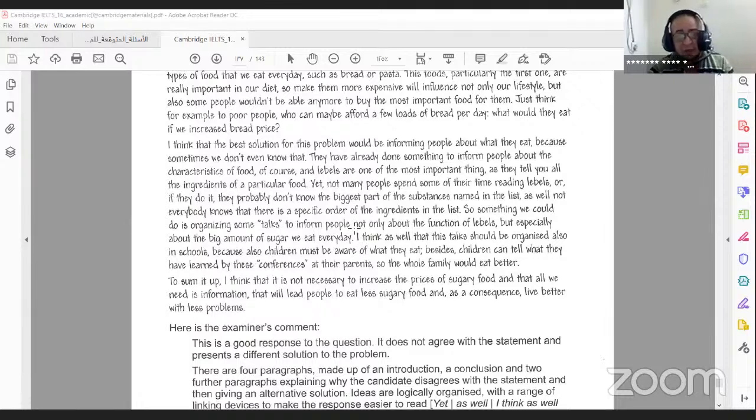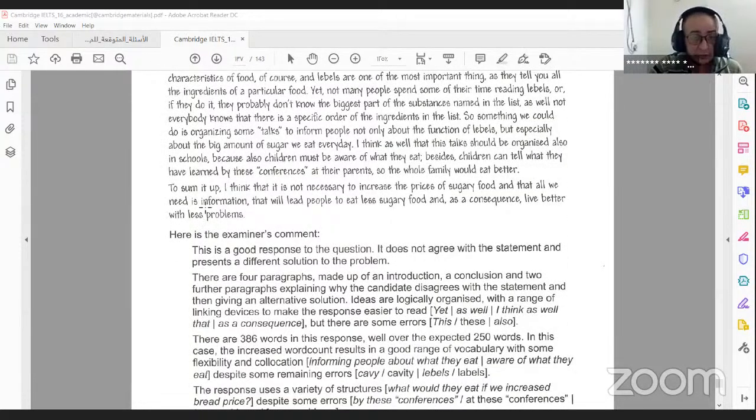I think as well that these talks should be organized also in schools, because children must also be aware of what they eat. Besides, children can tell their parents what they have learned from these conferences. So the whole family would eat better. To sum it up, I think that it's not necessary to increase the prices of sugary food, and that all we need is information that will lead people to eat less sugary food and, as a consequence, live better with